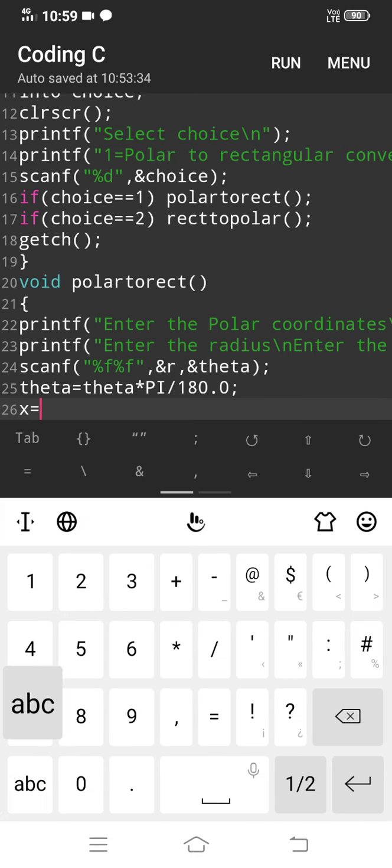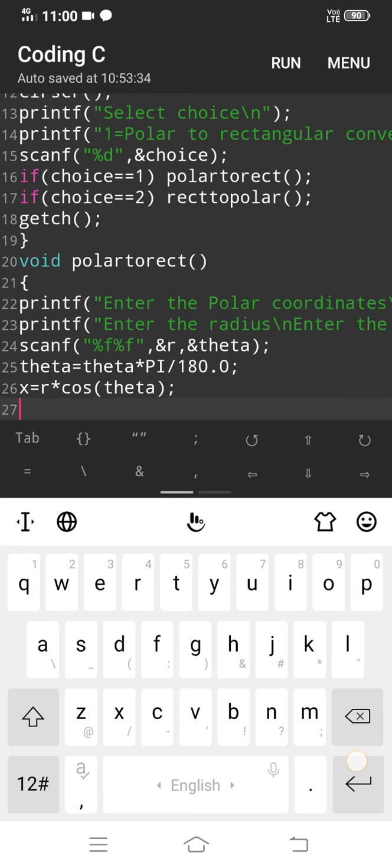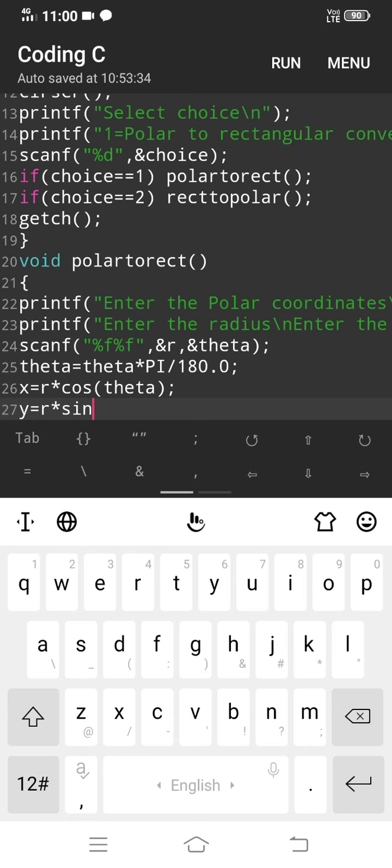x is equal to r into cos theta is the formula of the real term calculation. x is equal to r into cos of theta, terminated with a semicolon. Similarly, y is equal to r asterisk sin theta, semicolon.